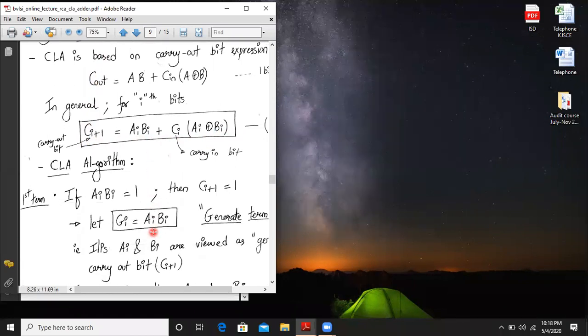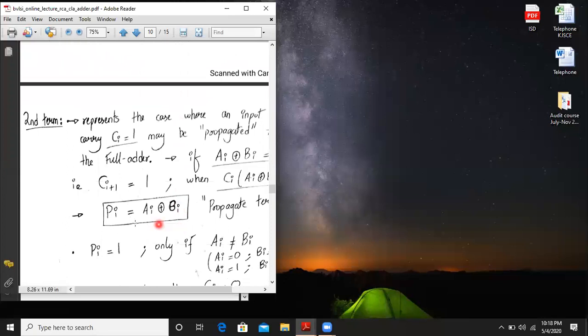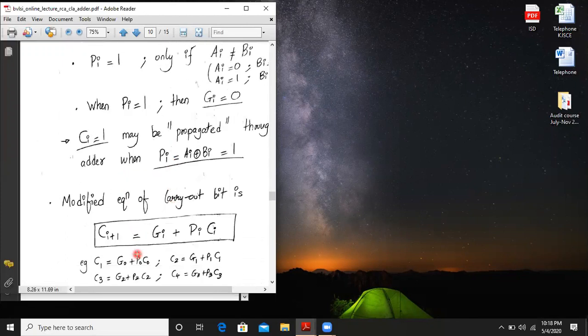So we have generalized this and we have called the generate term as Gi, which is equal to Ai dot Bi, and the propagate term we have defined earlier, Pi is equal to Ai XOR Bi. So as per this, the new equation of carry out looks like Ci+1 is equal to Gi plus Pi into Ci. So we have to implement this one by one.